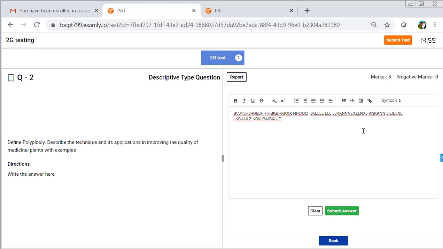For that, you have to take a picture, transfer it to your system and upload. But it is better if you attend through mobile, so you can directly click the image and upload here. Then submit this answer. Answer submitted.